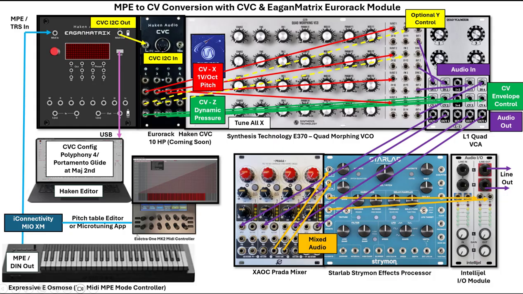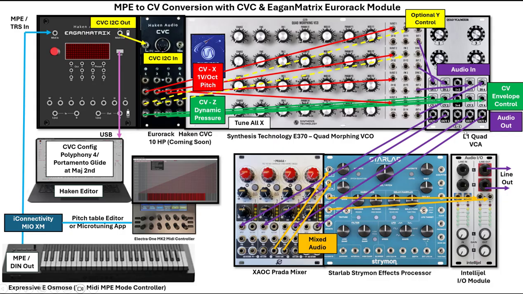I'm going to want to use key pressure, my MPE channel pressure, as the envelope control here. So what I'll do there is I'll take the Z pressure outputs and I'll put those as the CV inputs to a quad VCA. I don't need gating here because my VCA is going to use the Z inputs directly to control the envelope of the output. Then what I'll do is I'll take the audio outputs of the VCO and I'll put those as inputs to the VCA. And now the output of the VCA, with the right settings that I'll set, will be envelope controlled,